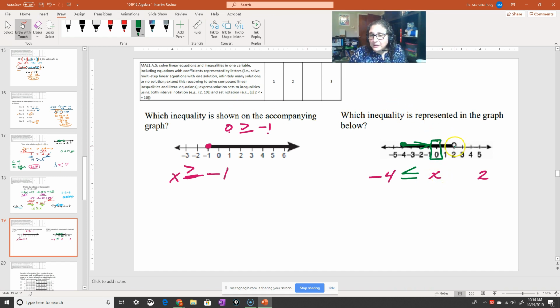Then I go here. Is 0 between this part? So now I go here. The only way that you can think about it is like this is the max point here, so you can't have the x be bigger than 2. The only way the x would be bigger than 2 is if it was like this and going this way. But you always have the less than signs facing the same direction.